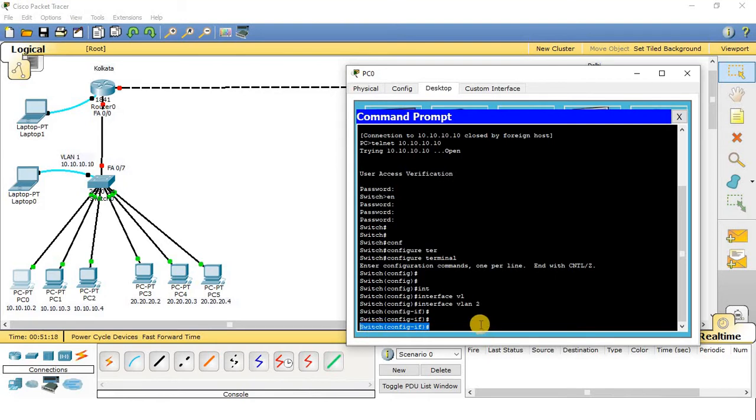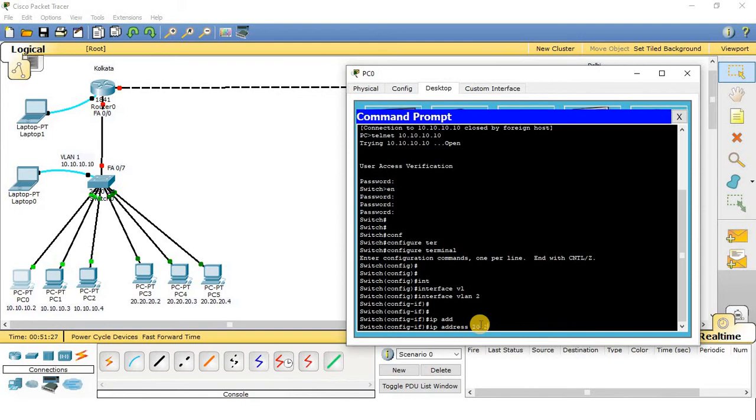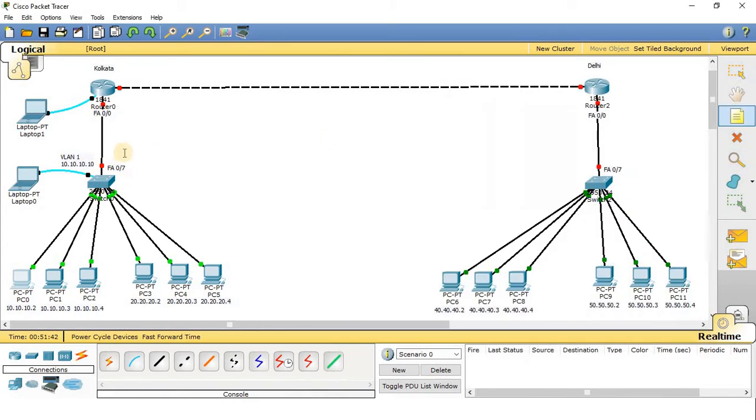Now I am going to assign the IP address for that particular setup. So IP address 20.20.20.20, followed by the subnet mask 255.0.0.0. Observe, 20.20.20.20. Why? Because for the VLAN 2 setup, all the systems connected with VLAN 2 have the network address 20. So that is why I have assigned the VLAN 2 setup the IP address 20.20.20.20,